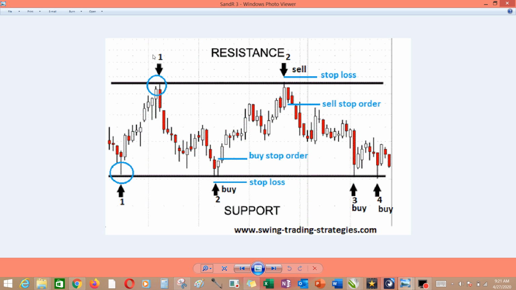You can see here 1, 2. You can see down here 1, 2, 3, 4. So it helps us to know when to buy and when to sell. If this is a resistance level and it has gotten to a resistance level, then you should know the resistance level was formed from here. Let me start from number 2. It got to the resistance level and it started forming a bearish candle. So you should be ready to sell.